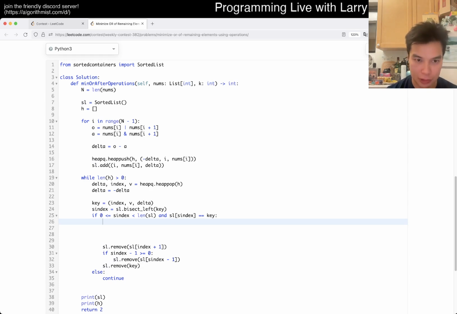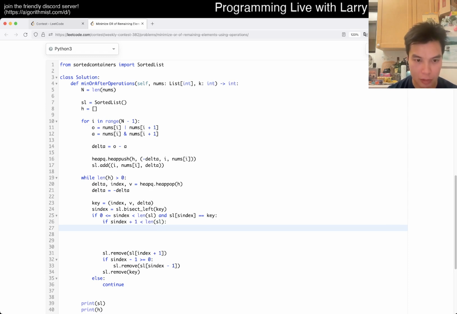So this is the value. Okay, so next index should be the next index, right? Okay, so if okay, so then now